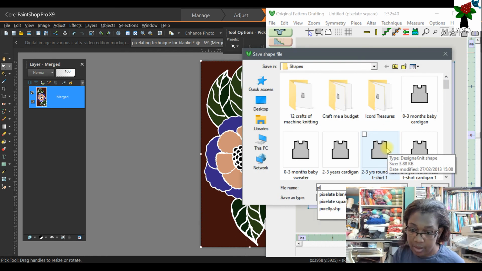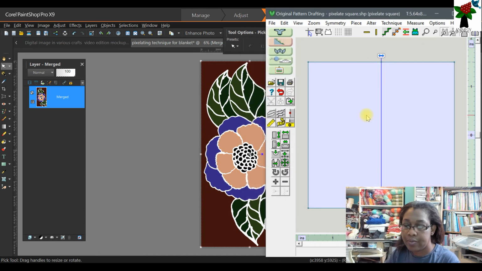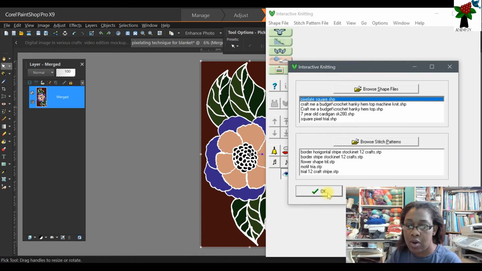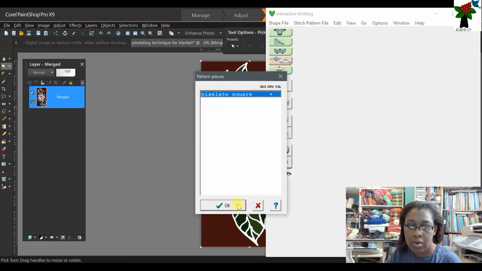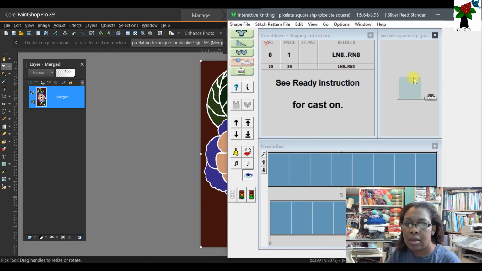pixelate blanket or pixelate square. I have one here, but I'm going to remove the trial so that I don't have to type pixelate square, and I'll click on save. So if we click on the interactive section, pixelate square, click on OK. I'll click it on here. You will see